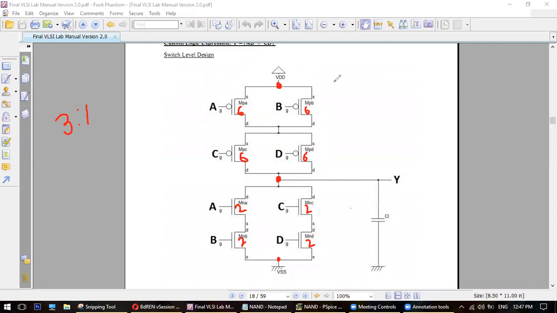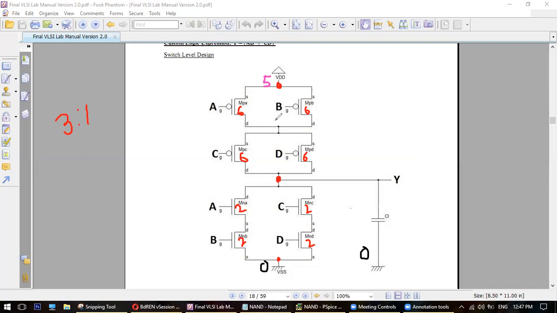Now you do the noding. First node will be 0, that means your ground is 0. Next will be 1, 2, 3, 4, that means your inputs. 5 will be VDD because 1, 2, 3, 4 is gone.